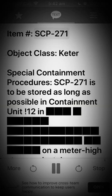Item: SCP-271. Object Class: Keter. Special Containment Procedures: